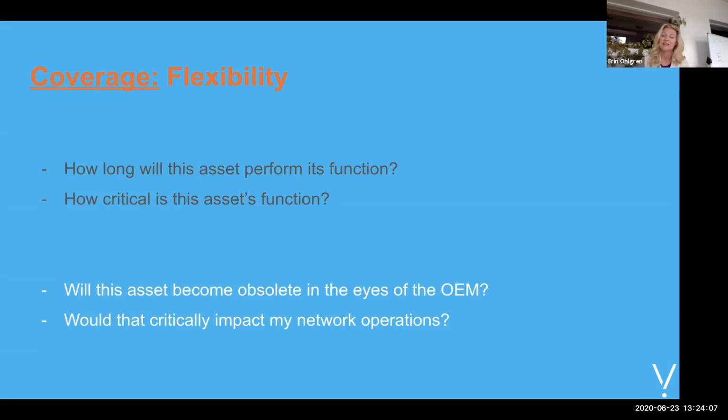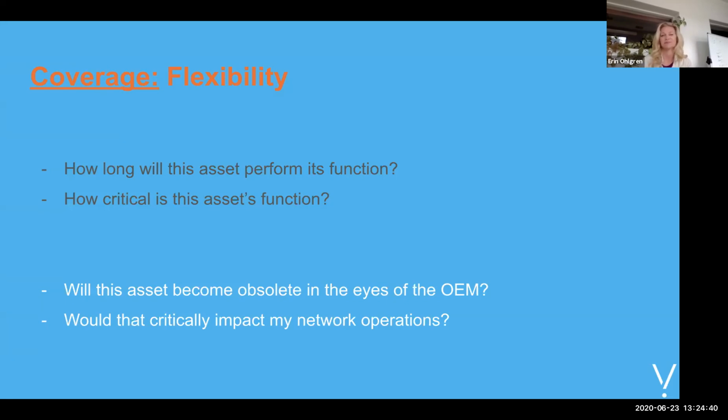And does it make sense to continue to support it through the OEM if the plan is to phase it out and eventually decommission it? That's where PivIT can come in and support that equipment in the interim, and also create a plan for how that equipment's decommissioned, how that asset recovery is handled, and whether or not you choose to repurpose that equipment in your network and maybe set up a self-sparing strategy. This is where PivIT can really come in and create a tailored solution for you, not something that's just out of the box.